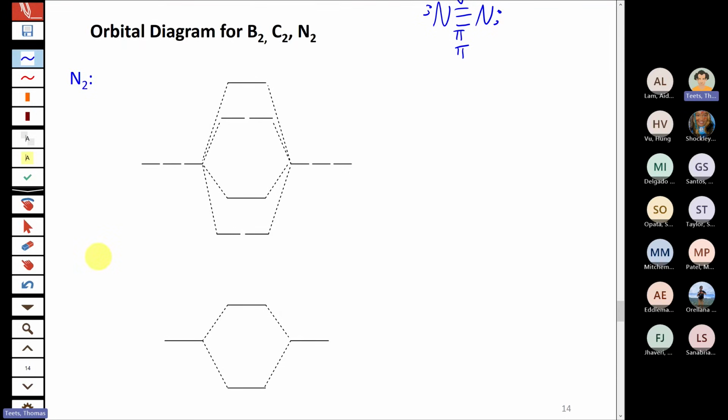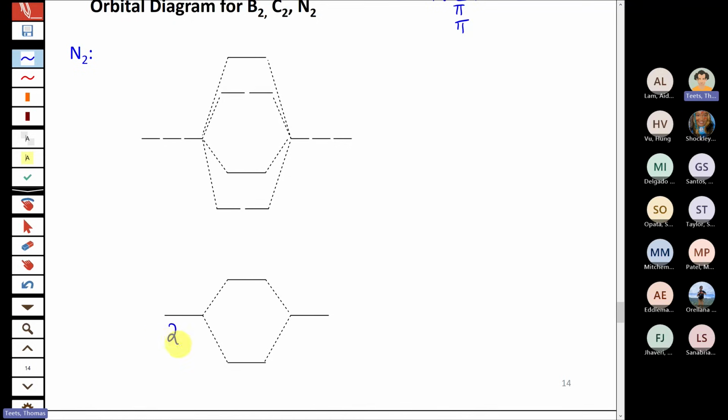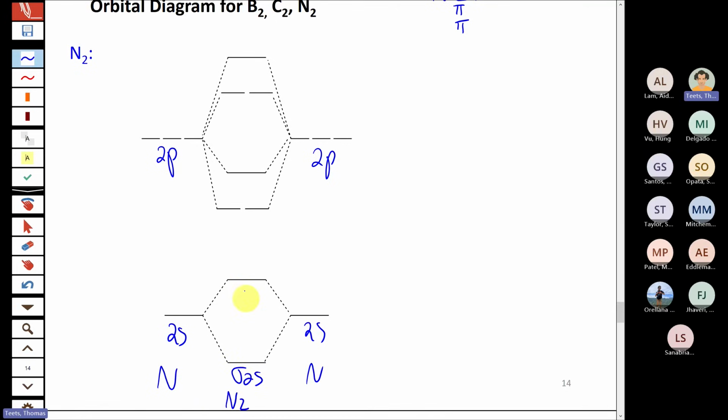So when we do N2, we have the same exact ordering of orbitals. Because it's in the first half of the p block, we're going to have that switching of the orbitals for the bonding 2p set. So sigma and sigma star always start us out. But then here's where the pi 2p comes before sigma, as we said, for the first 3 elements in the p block. And then pi star and sigma star at the top, which never get filled for these ones, as it turns out. All right.